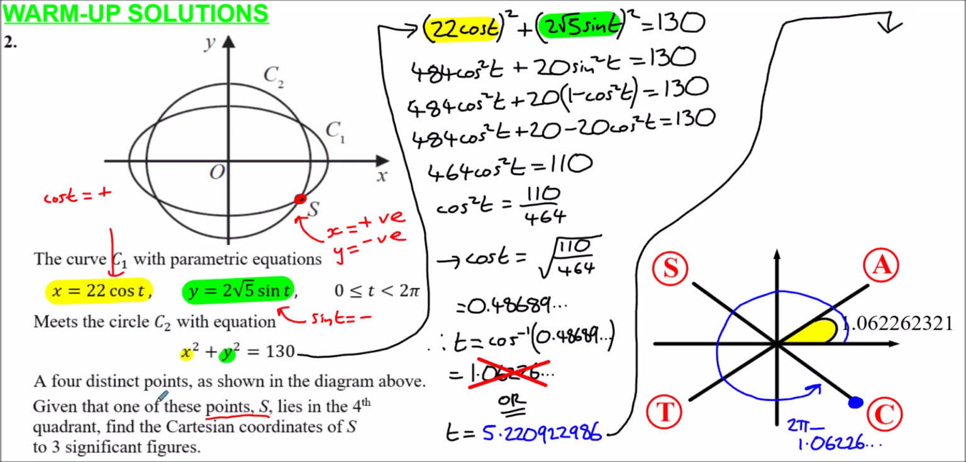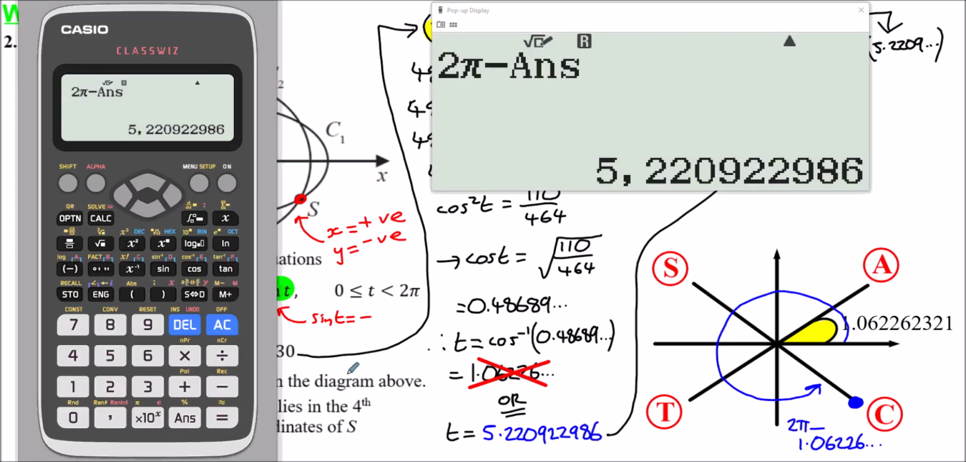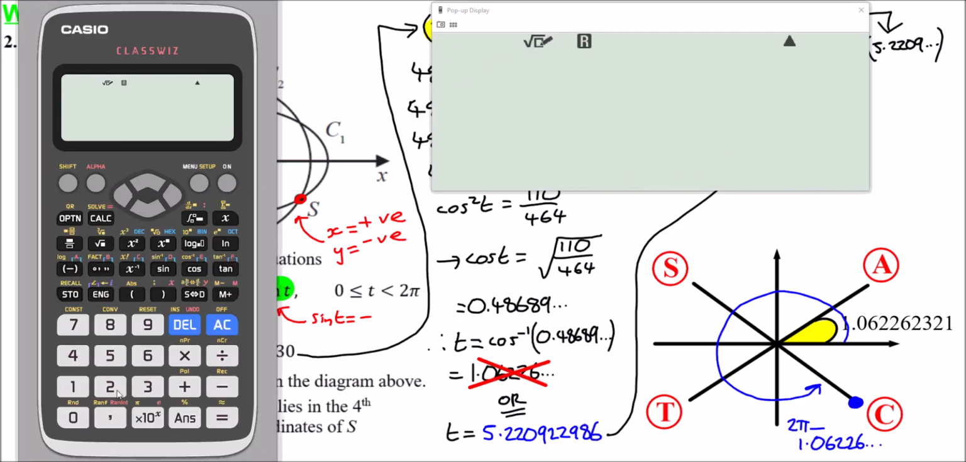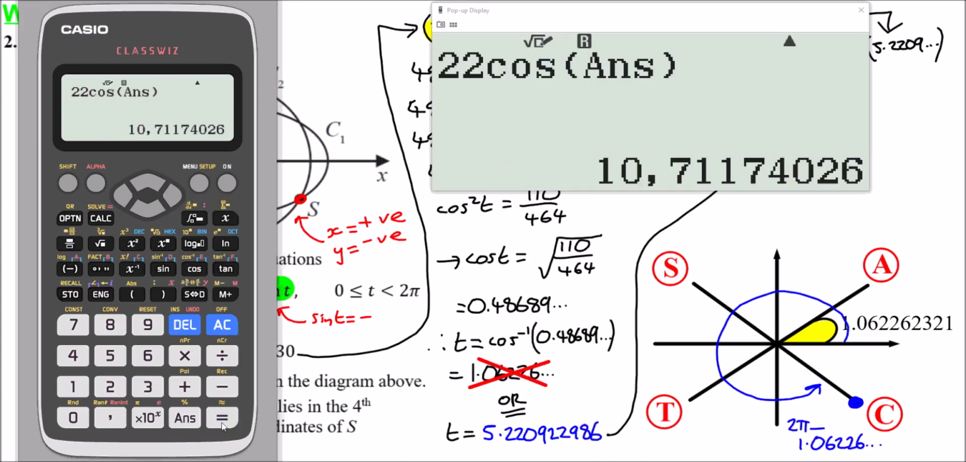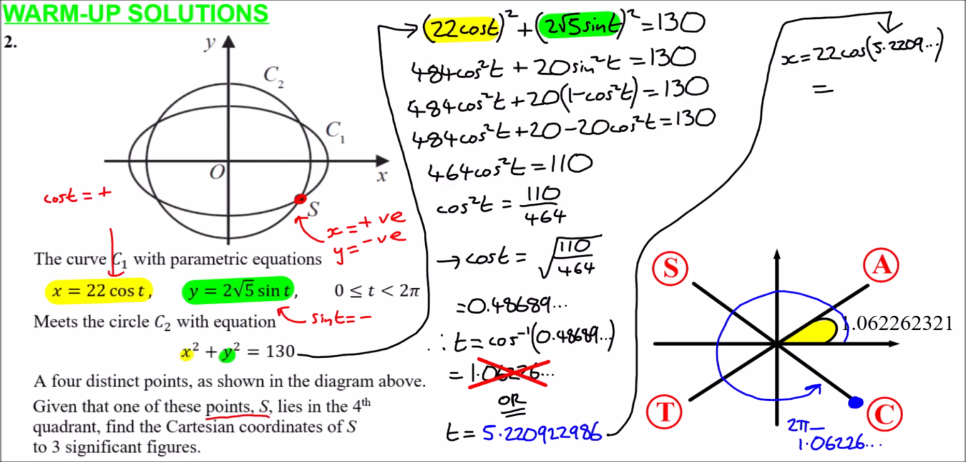So what I want here is the coordinates of S. And so x is going to be 22 cosine of t. So it's going to be 22 cosine of 5.2209 and so on. So if I do this for x, 22 cosine of that answer, and remember I want this to 3 significant figures, so that's going to be 10.7,